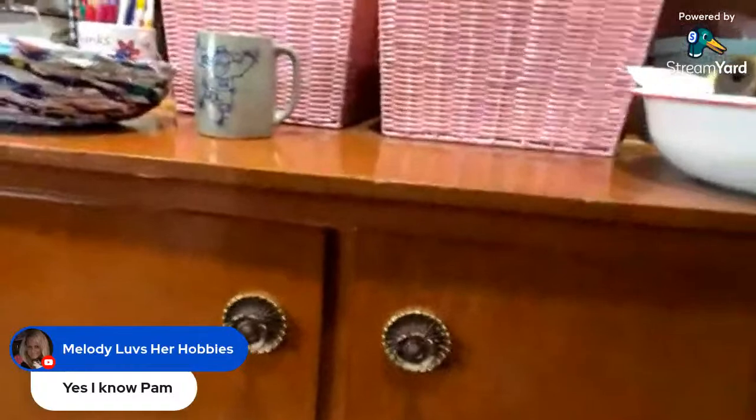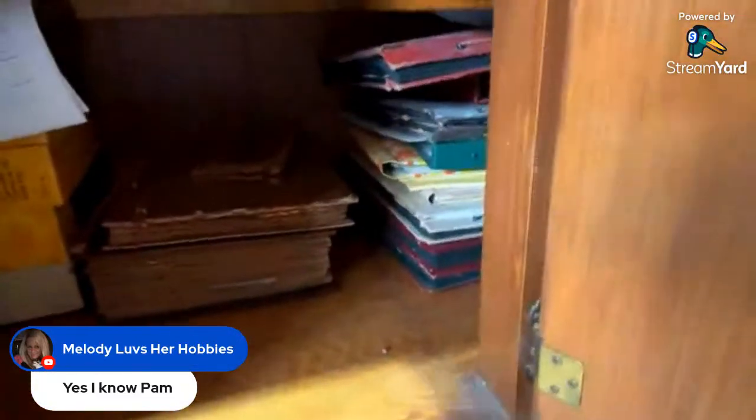Turn back around. You'll see this counter has all of these closed covered cups. But in here, you'll see all that's in here are photo albums and slides. I do have a little spot that I put my patterns in, but that's it. So that's something to still go through. Then over here,